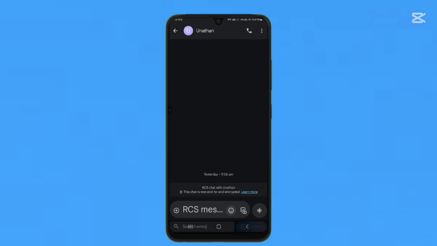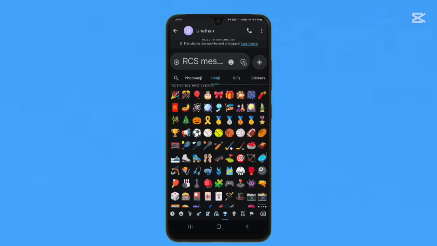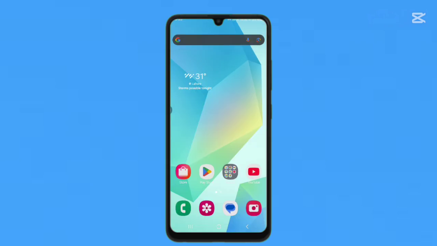an emoji icon. Just tap on it, and these are all the emojis, and I will just scroll down from the first to the last. And if you feel like you're missing iOS emojis on Android, go back, swipe up,